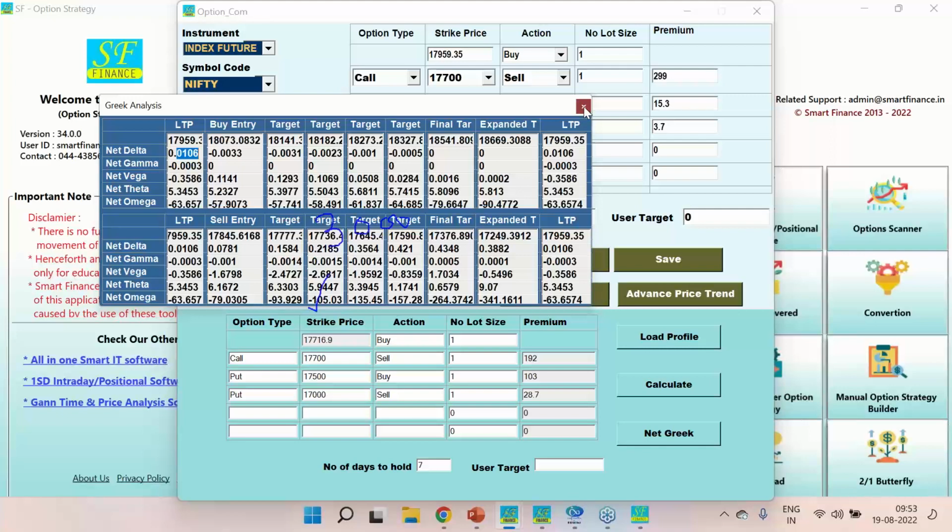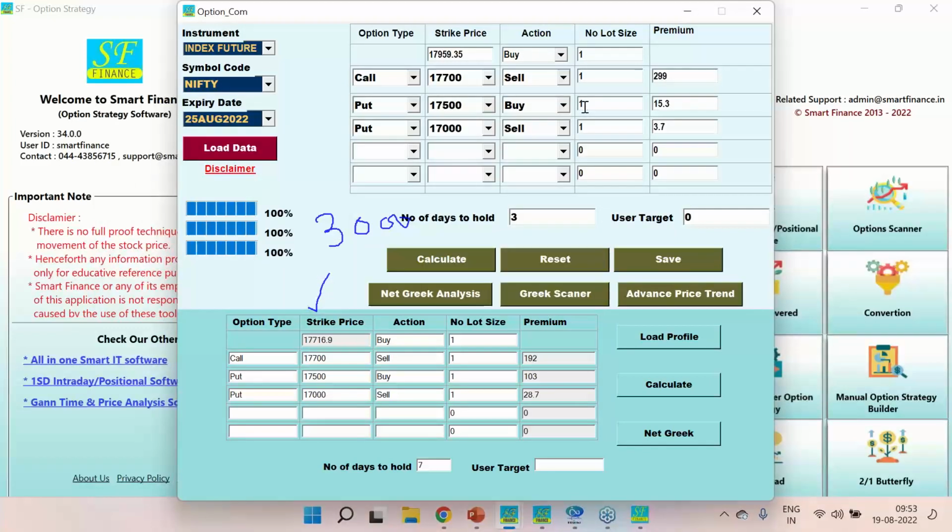As I said, if you do not know what adjustment is, you do not know what option Greeks are, then definitely you will find it difficult. So this tool has two prime purposes. One, the profit and loss which is projected in the strategy builder software, which we demonstrated last time. That same strategy, if you save and compare today, you will see whether the projected profit and loss is delivered by the market or not. So that is the first. Second, it will also help you